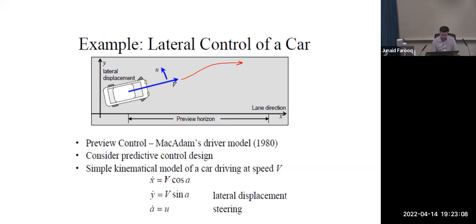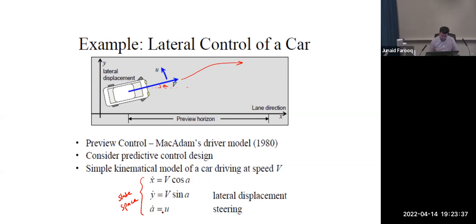So this is the state space model, right? I hope everybody by now understands what is happening here. So x is this direction, y is this direction. x evolves as v times cosine of a. a would be the angle, right? a is this,